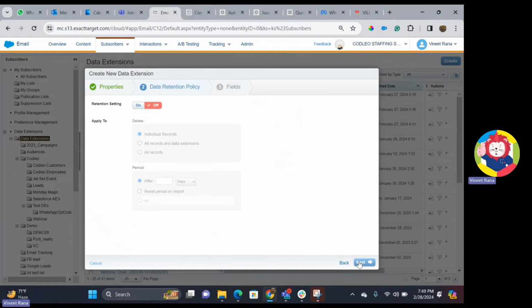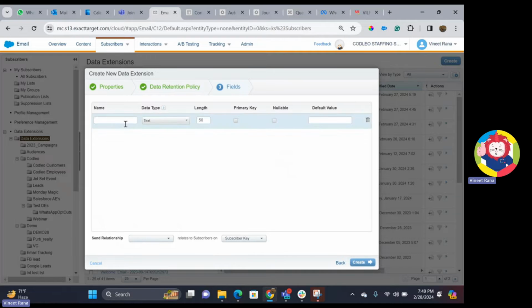Next, is there any data retention policy which I would like to keep? For the time being, I would like to keep it off. But what is a data retention policy? A data retention policy is nothing but how you let the system know that you would like to keep the data in the data extension for a following number of days. Click on next. Over here, we would create the fields which are primarily required for holding the data